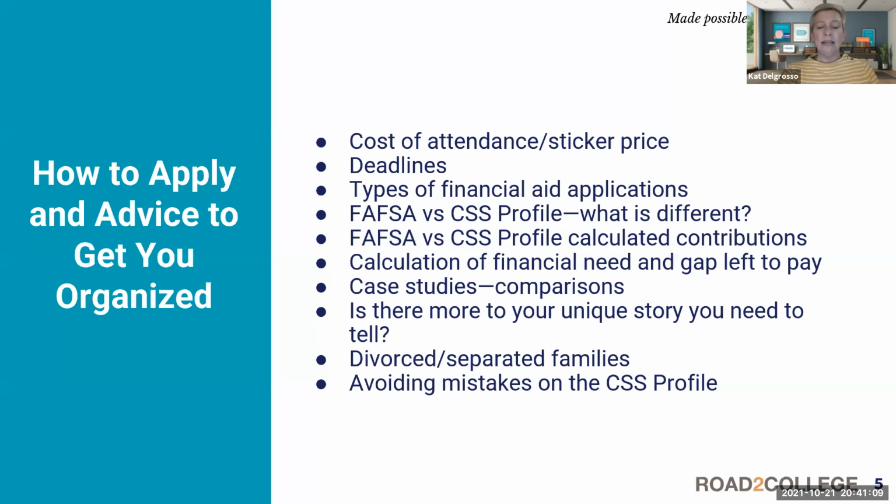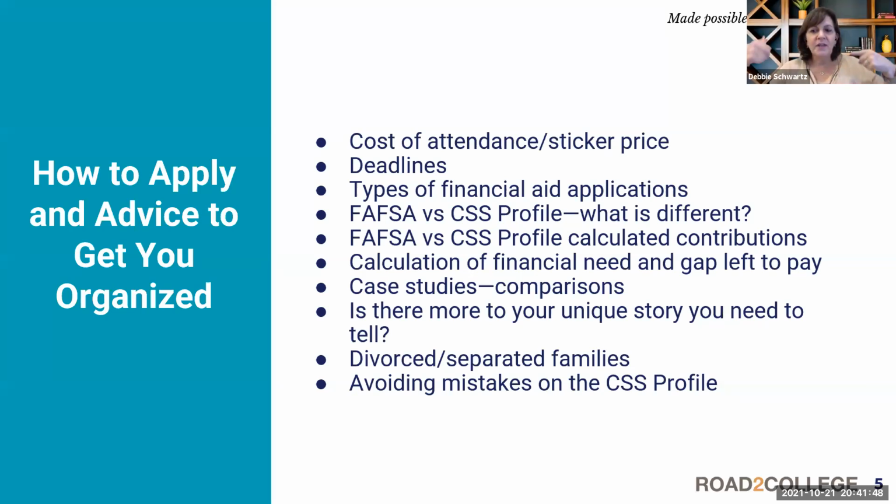It includes 5 main categories, and that's true for all schools. It's a definition dictated by the Department of Education related to the FAFSA and the CSS Profile. You have to have a cost of attendance at your school in order to start figuring out how much this family is eligible for in terms of financial aid. The colleges will start with their cost of attendance to get going. So the 5 components are as follows. Tuition and fees fall into the same category. Room and board, which would also include